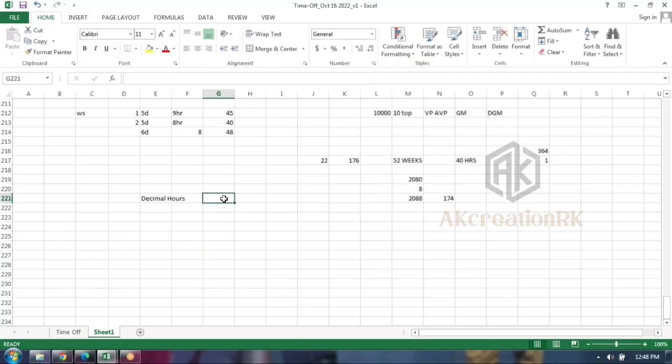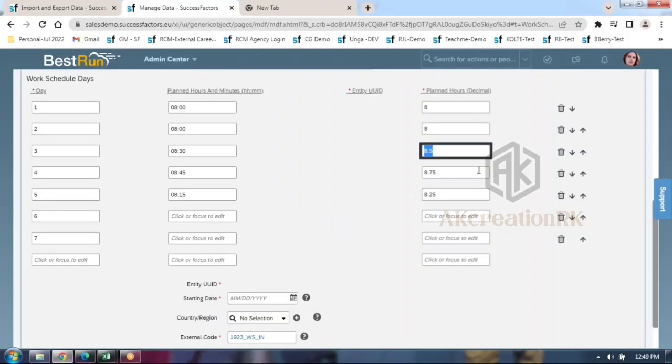So with decimal hours, here you can see planned hours with minutes. When you give decimal hours 0.50, the system is going to convert it to 30 minutes, guys. Then 0.25 is nothing but 15 minutes. 0.75 is nothing but 45 minutes. This is the concept, right? Now let me remove this one and go by 8 only.